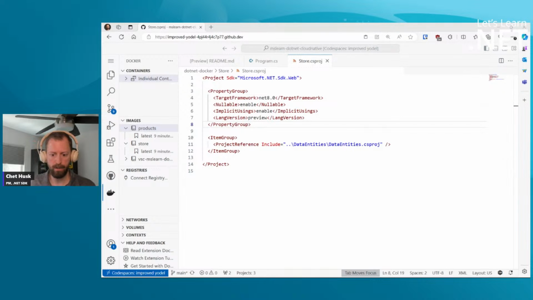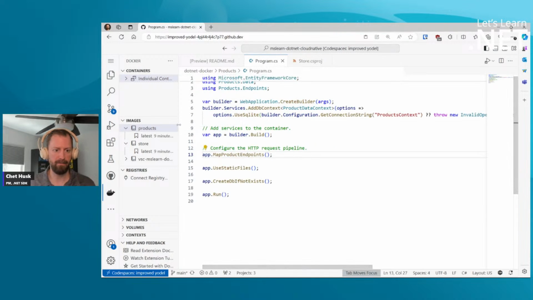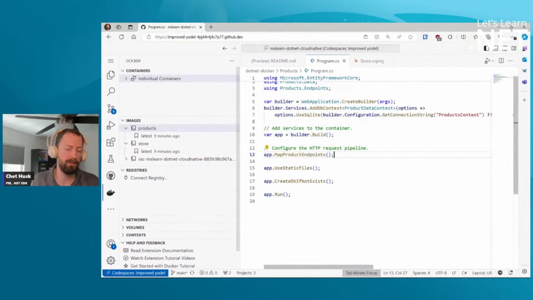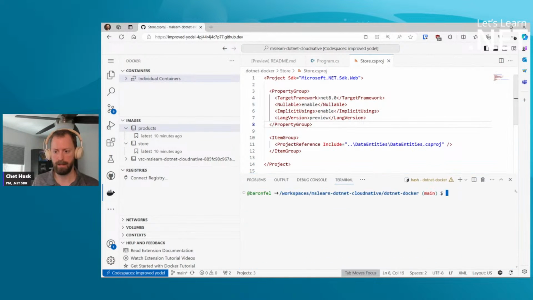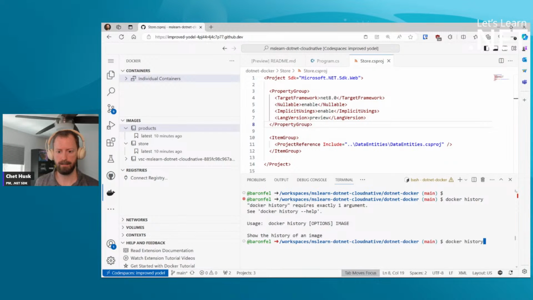Yeah, so it looks like we're good, and we made some containers. We basically did the entire bullet point in one command, but I wanted to spend some extra time talking about what happened when we did that. Let me bring up the terminal and show you how you can check that there. So if we do docker history store:latest